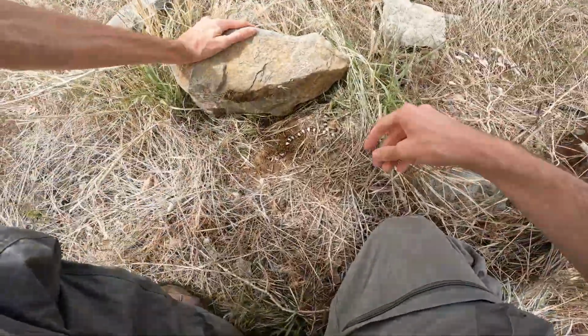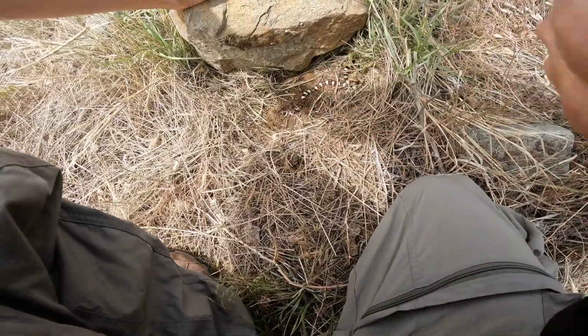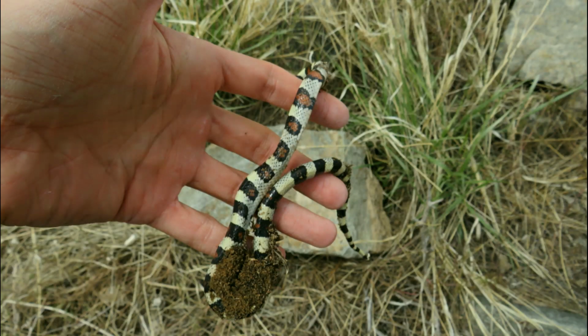Oh, milksnake! Somebody squished it. Oh no. This is, without doubt, one of the worst things that I could have possibly found that day. This rock was clearly flipped at some point. A lot of the rocks have been moved around just a little bit in the area, so somebody was flipping them looking for something, and unfortunately I suspect it may well have been another perhaps inexperienced herper at some point,